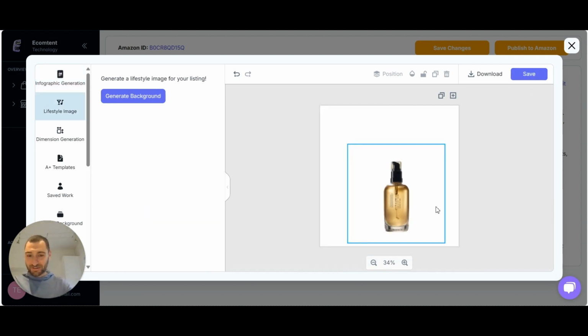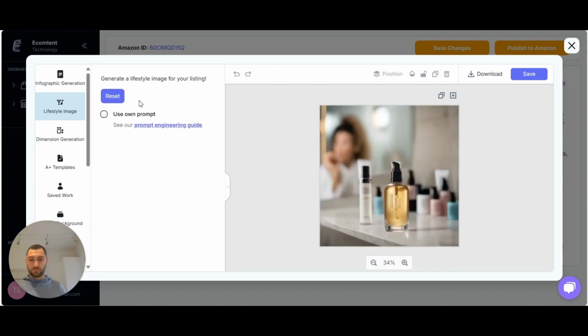The next thing to talk about is lifestyle images. So we have done a lot of research on auto prompting from hundreds of thousands of labeled prompts we have from customers. We've labeled with students from the University of Toronto. So simply clicking generate background image is going to generate an optimized lifestyle image, which you can see here. Should you like this, just simply click save again. This is going to save